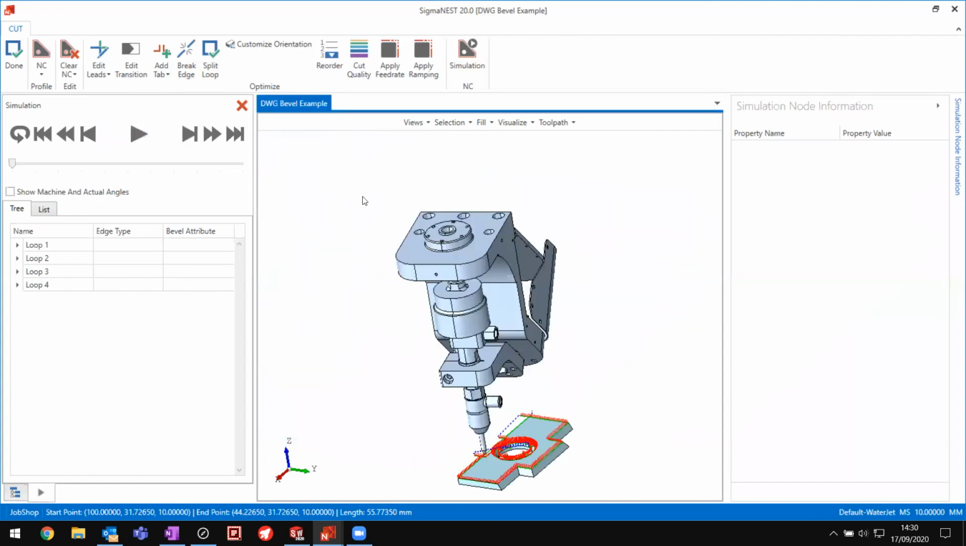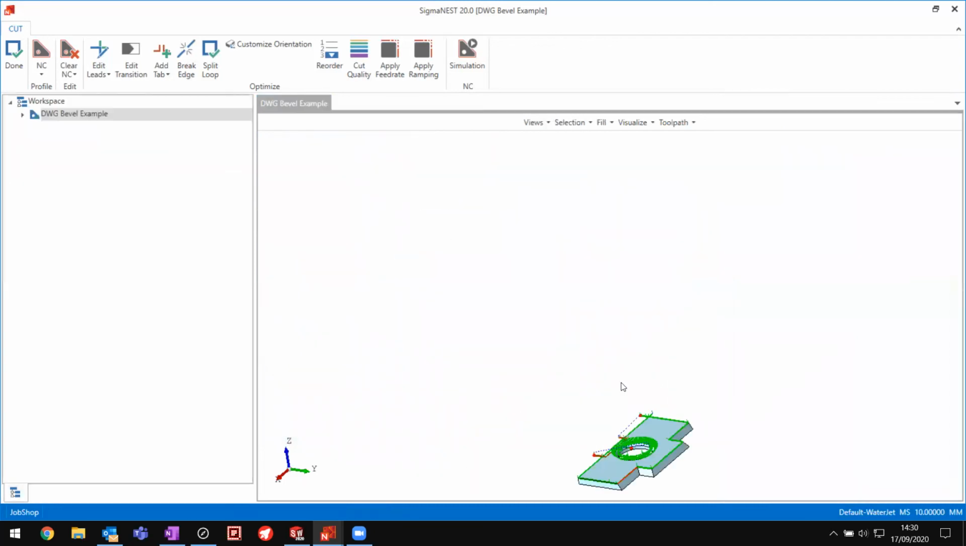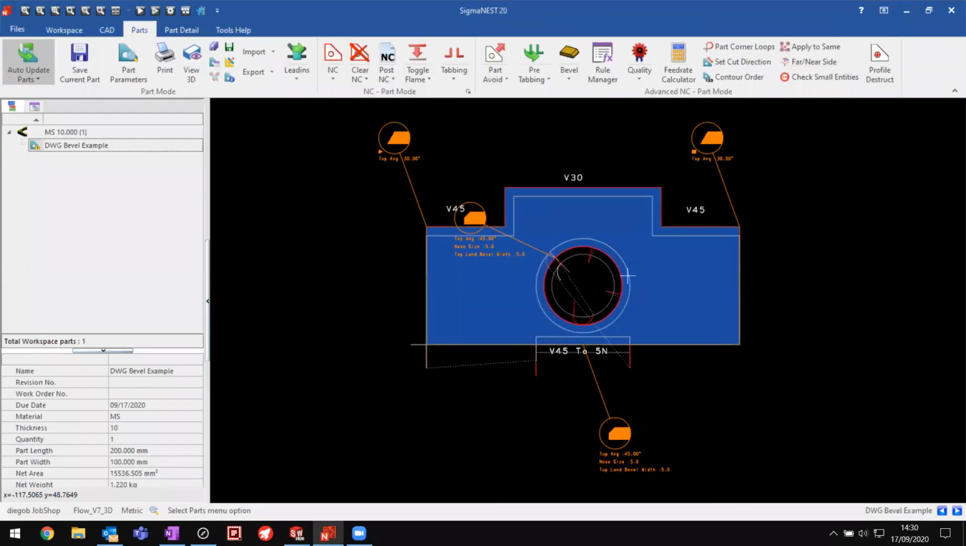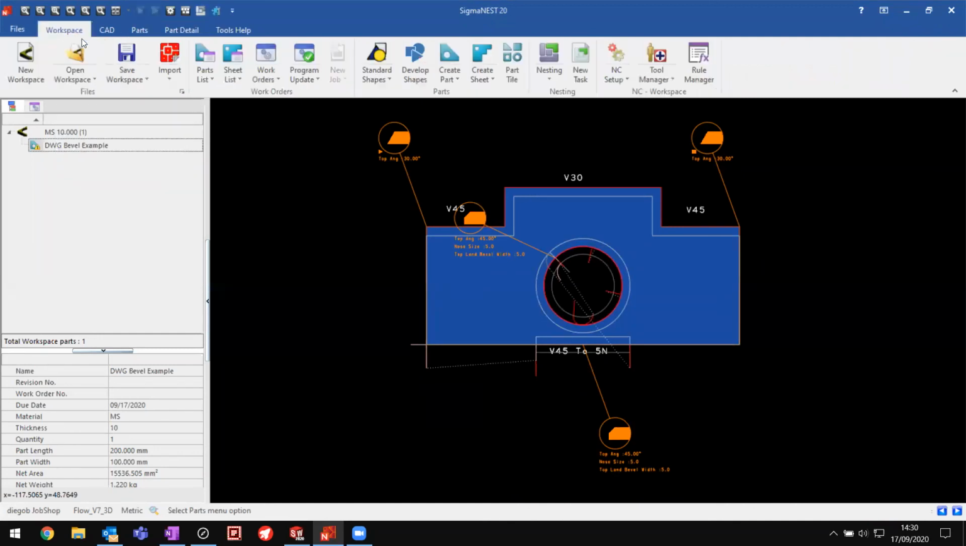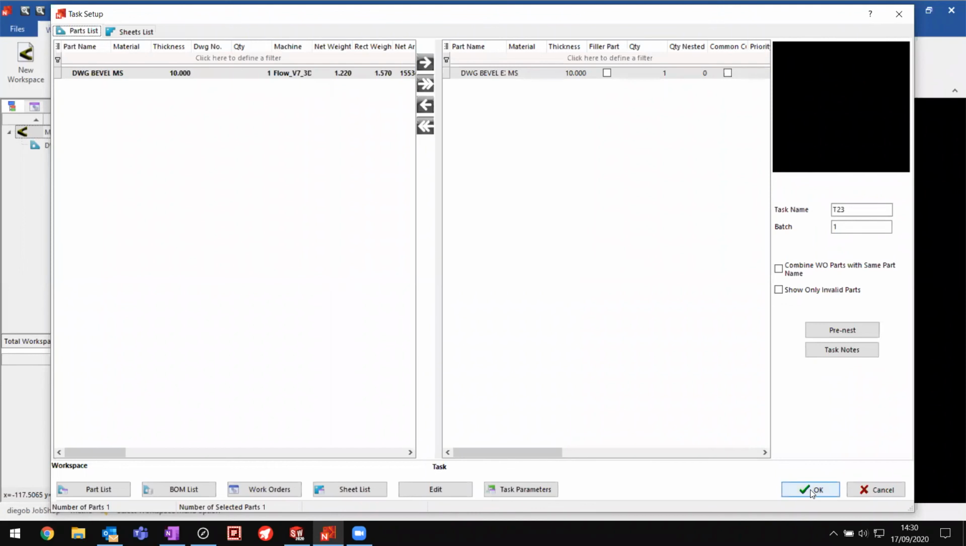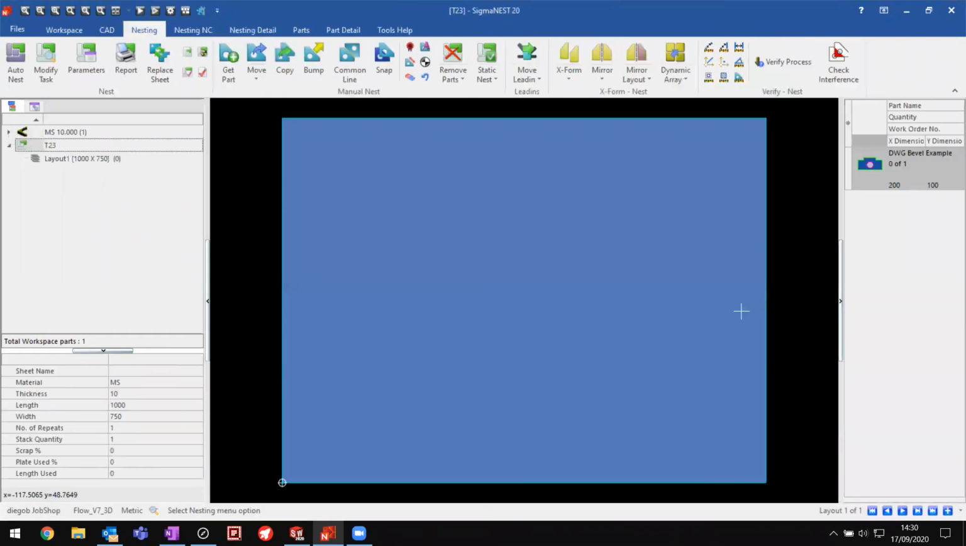Now, there is plenty of other features we can use in our 3D bevel engine. They can be really automatic through the usage of rules, or very manual through the total path control our interface provides. As a final result, we can close this dialog, get back to the part mode. We can, of course, resave our part with a pre-NC on for later usages, and we can then proceed with the SigmaNEST standard flow, which consists in creating a task, adding this part, and maybe other parts as well, and